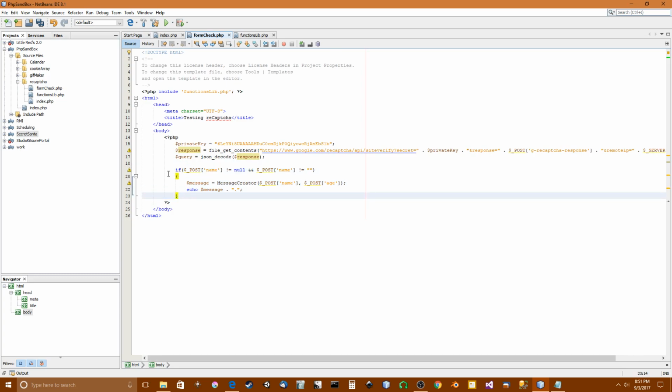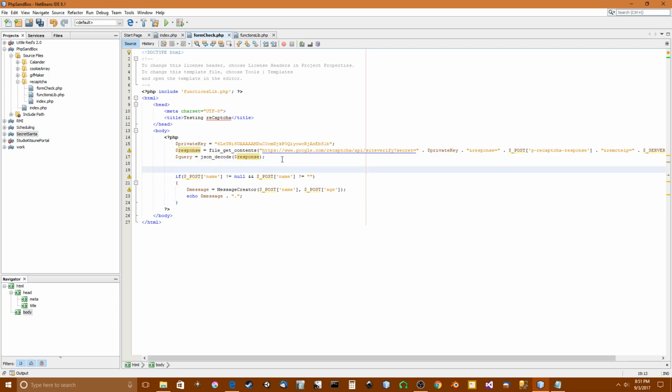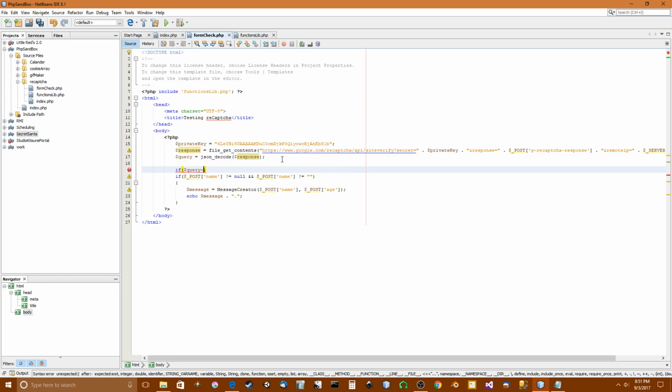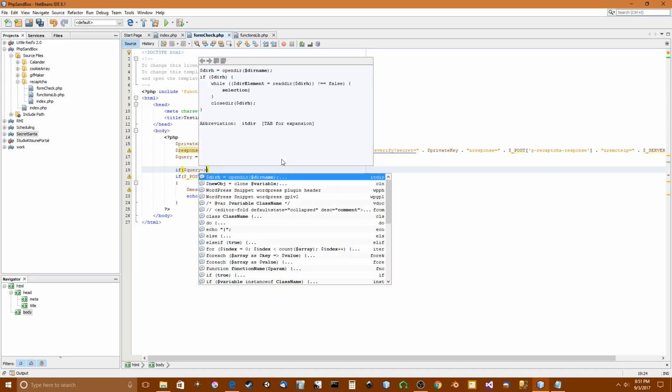So we only want this to run if they have passed the CAPTCHA. So we're going to do if query, that's the variable we created before that decodes the JSON, and then we are going to say